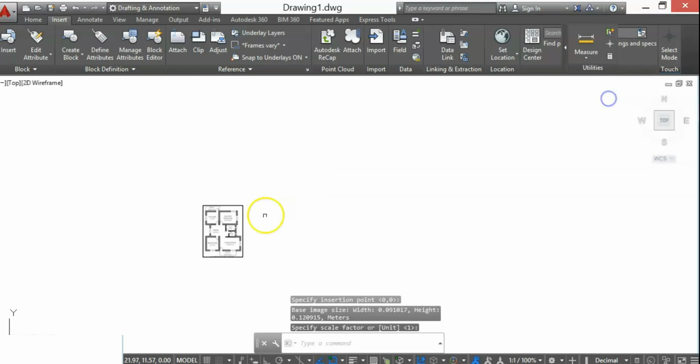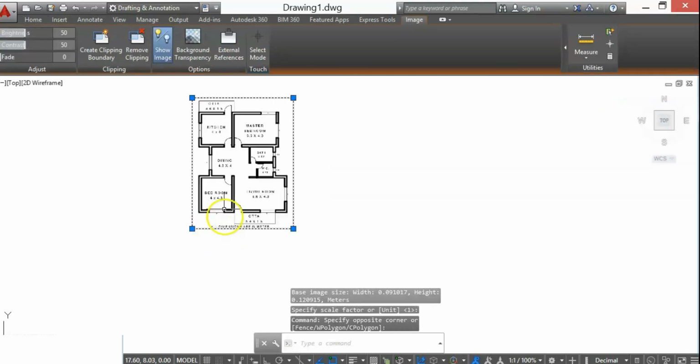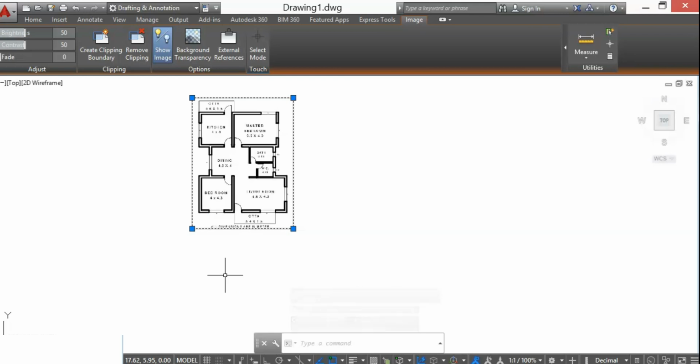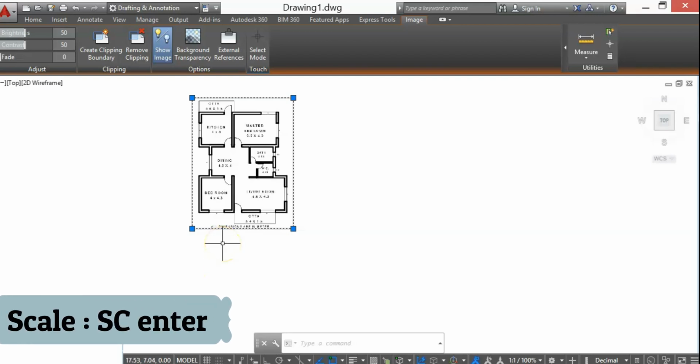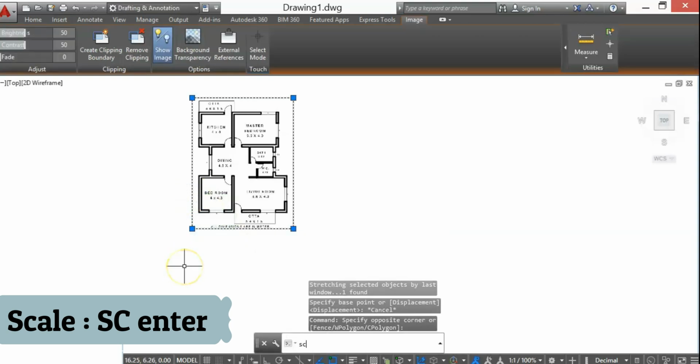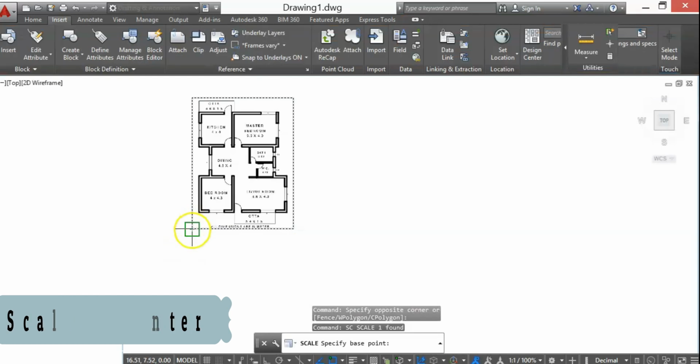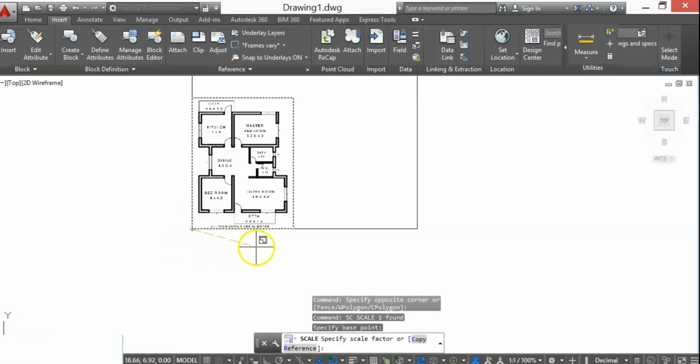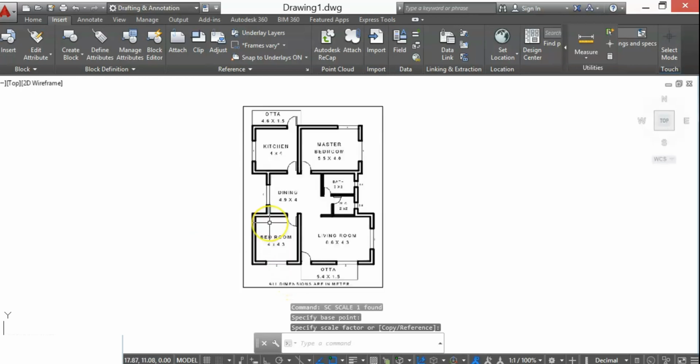By dragging that image, you will get the image on your laptop screen or in AutoCAD. To scale up this image, I will select the image, and enter the command SC, enter. By clicking the first point, I get a scaled up image.